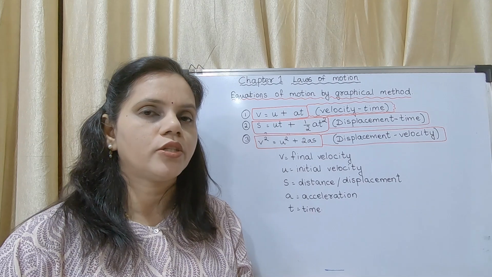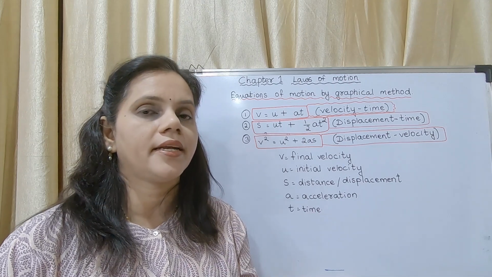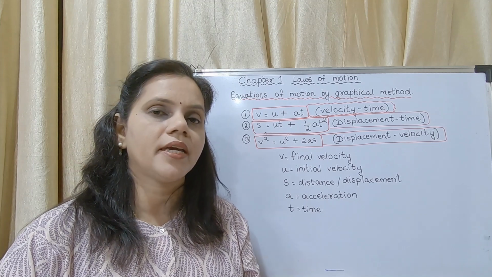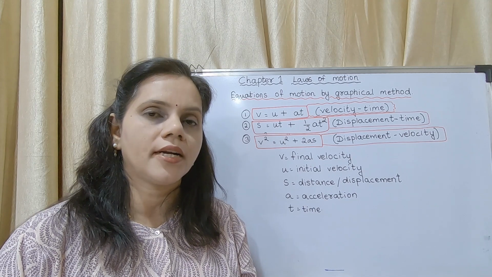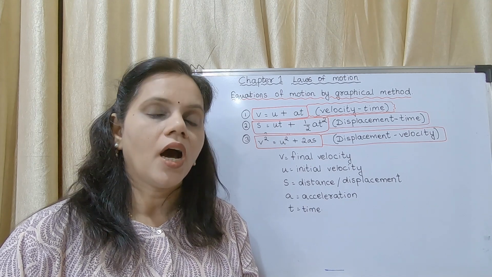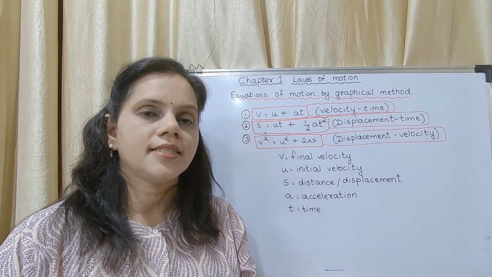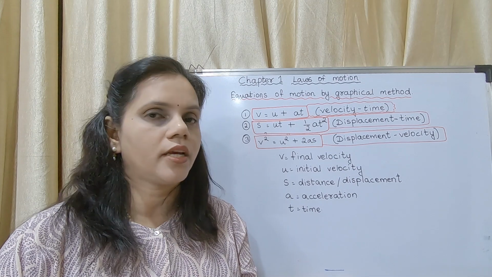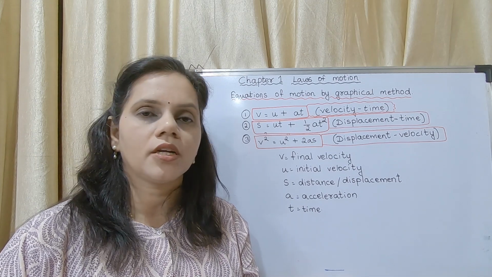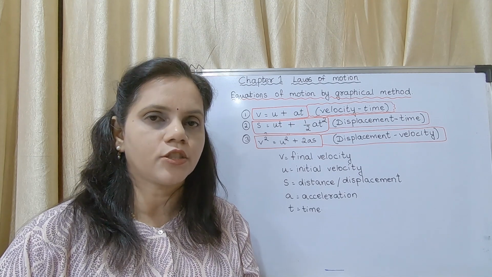Now we may move on to the derivation of the first equation. What do you mean by a derivation? A derivation will be a 3 mark or 5 mark question. You have to draw a diagram and prove how you got the equation. You have to derive the equation just like you have theorems in geometry. You cannot write your own methods or your own steps, only what has been given in the textbook.